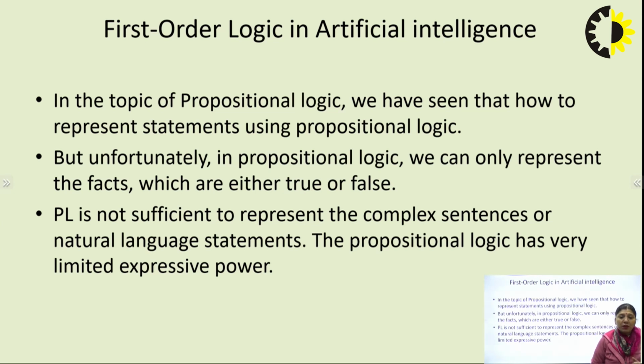But the problem with propositional logic is that we can only have the information. For example, this is a cat. The machine can only reply to us that it's true or false. It cannot revert back to us with a further proper answer. If I ask you, this is a cat, you can reply, yes ma'am, it's a cat. But if I ask the machine, the outcome will be true or false, in 1 or 0 form. That's a very big drawback of propositional logic.